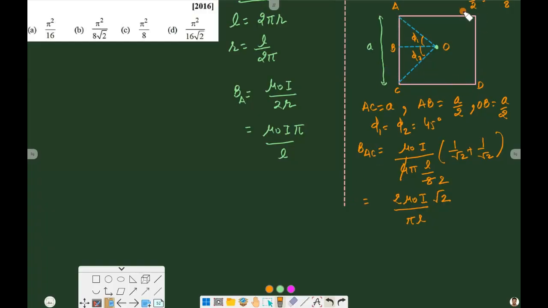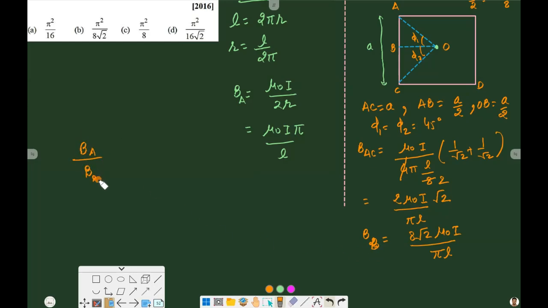We have similar 4 conductors, and magnetic field of all of these will be added at the center. So total magnetic field for square, that is B2, will be 4 times of this value. So it will be 8 root 2 mu naught I divided by pi L. So now we can divide both of these, denoted by B. So BA